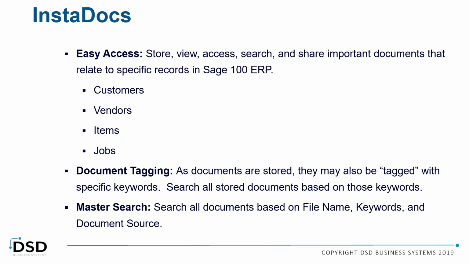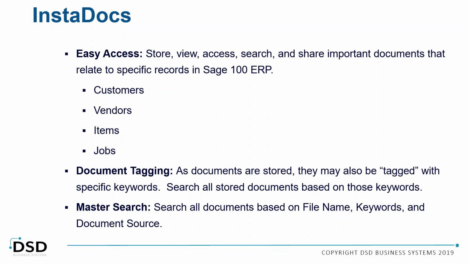There are 6 key features in DSD's Instadocs. The first one: when we designed this product, the most important feature we wanted was ease of access. So we added a new panel to various maintenance, data entry, and inquiry programs that display the documents for a given record, such as customers, vendors, and items. For this new panel, you can view, open, share, and even search for documents, which then leads us to the